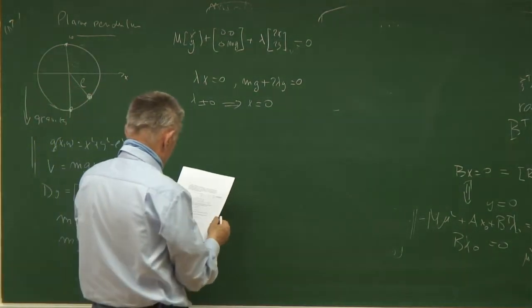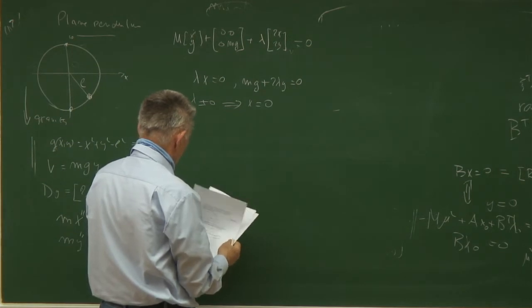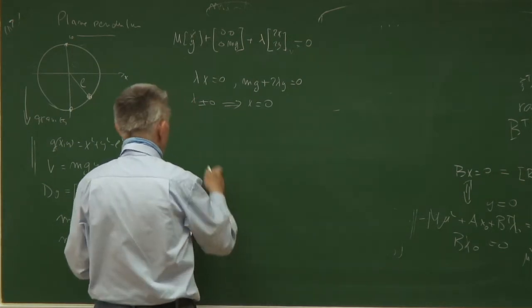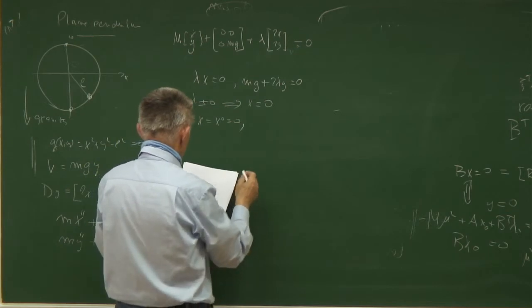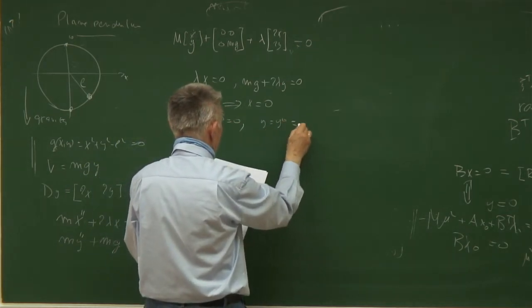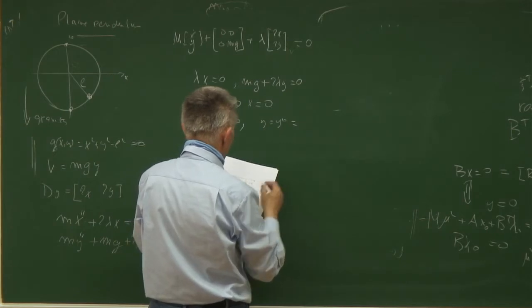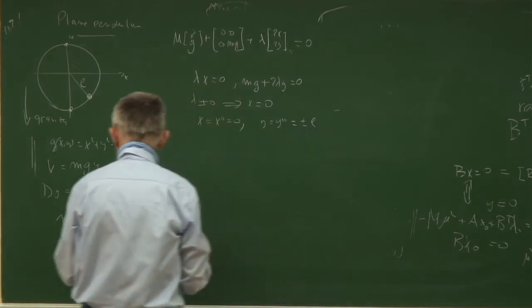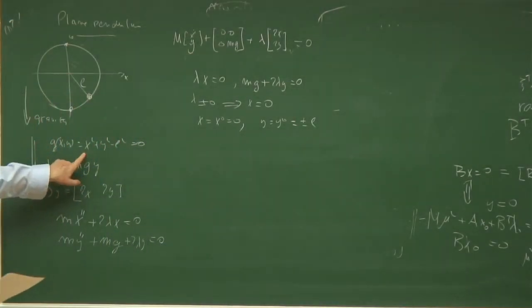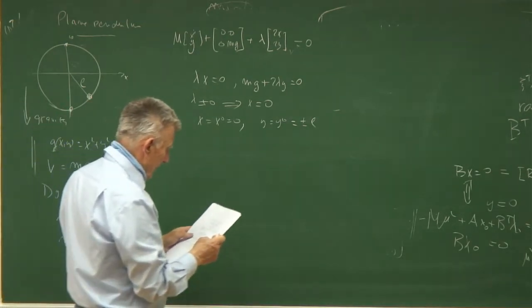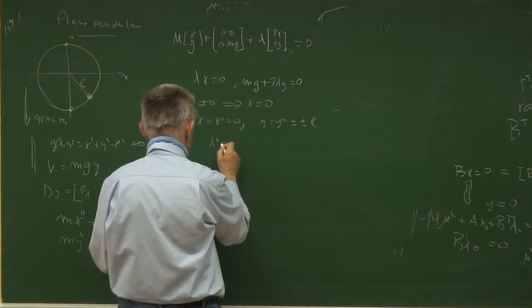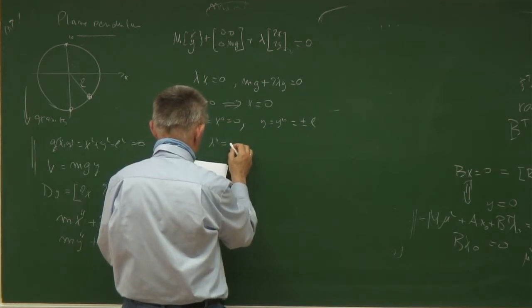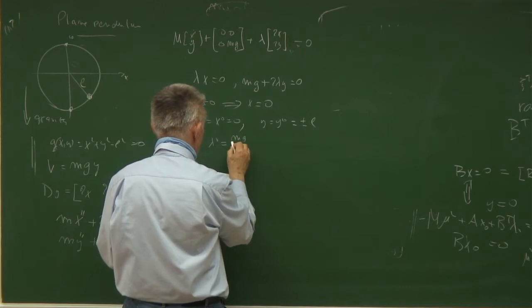And then x is 0. And what about y? y equal to y0 equals plus minus L, of course, because of this. And then lambda 0 is equal to mg over